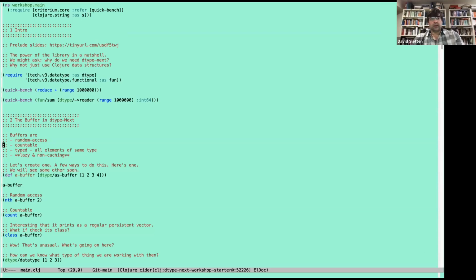It's countable, and the type of the elements are known to the buffer. And it also has an interesting pair of properties: that it's lazy and non-caching. We'll see that in action in a moment, but essentially that means that the buffer is not necessarily committed to